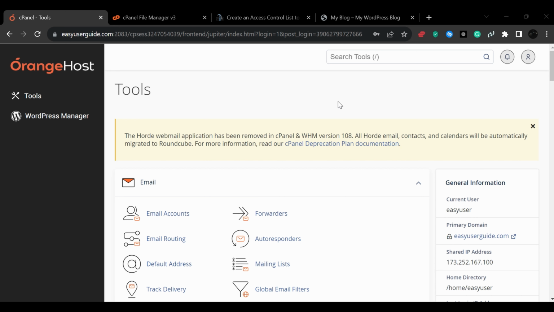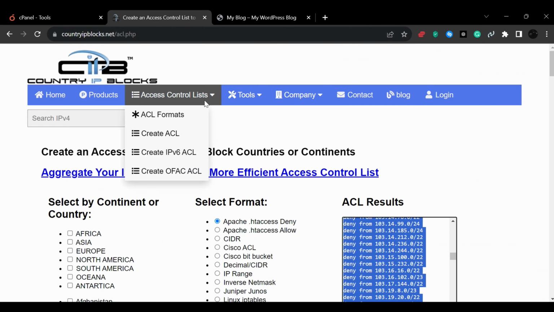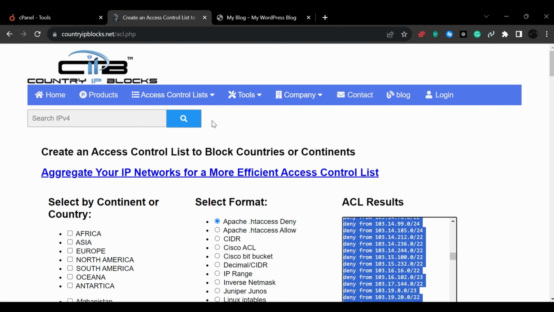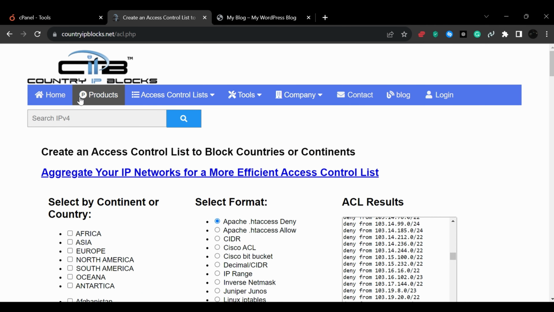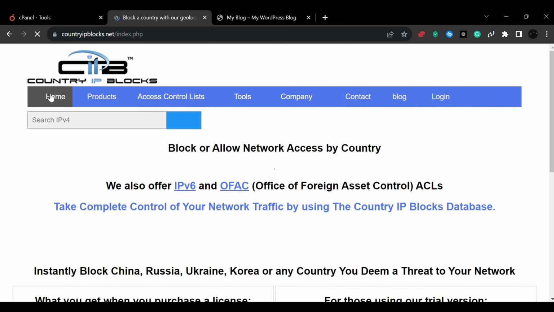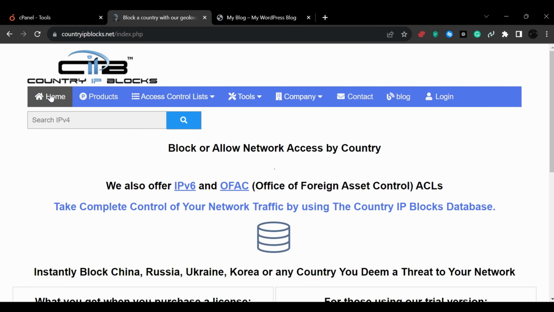Today we are diving into an essential aspect of website security, IP blocking using the htaccess file. And to make things super simple, we will be leveraging the powerful tool at countryipblocks.net. Stick around, and by the end of this video, you will be a pro at securing your website from unwanted visitors. First things first, let's talk about what this